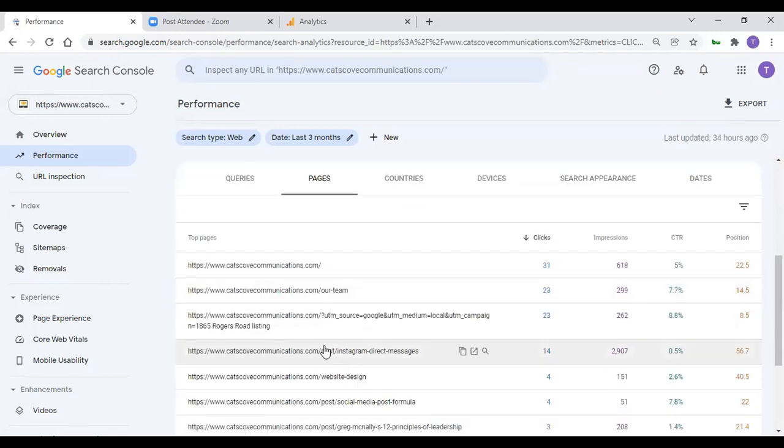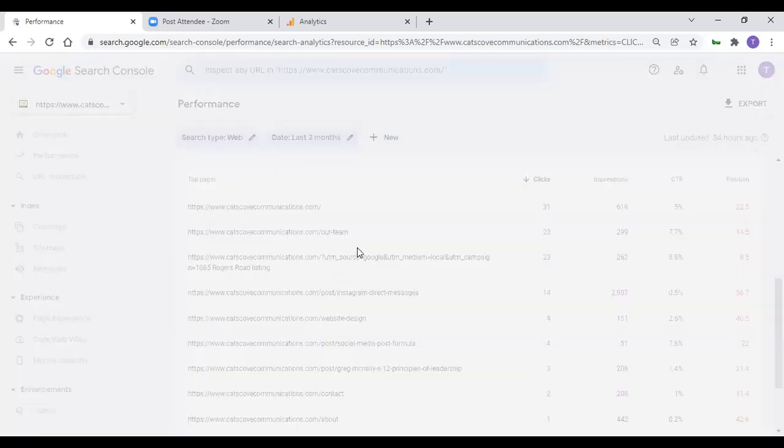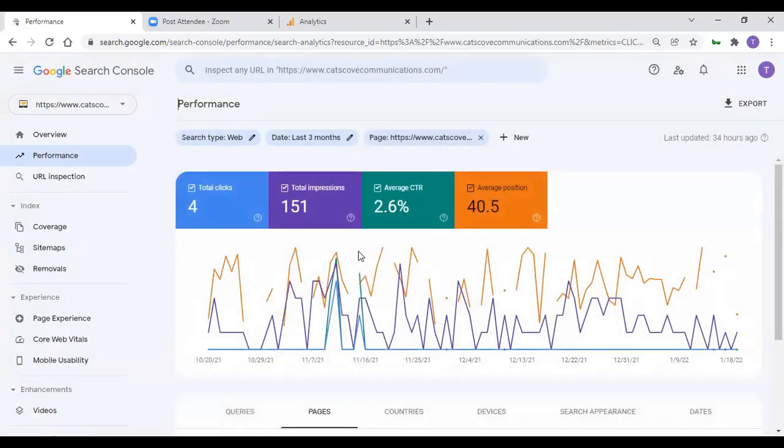So as you can see, it brings up all of our Cats Cove Communications pages here. Now, of course, we build websites at Cats Cove Communications, so I'm super interested in the 150 people that saw our website design page. 4 of them clicked, which is wonderful, but I'm super interested in what showed them that page. The reason I want to know what query it was that brought them to that page is because